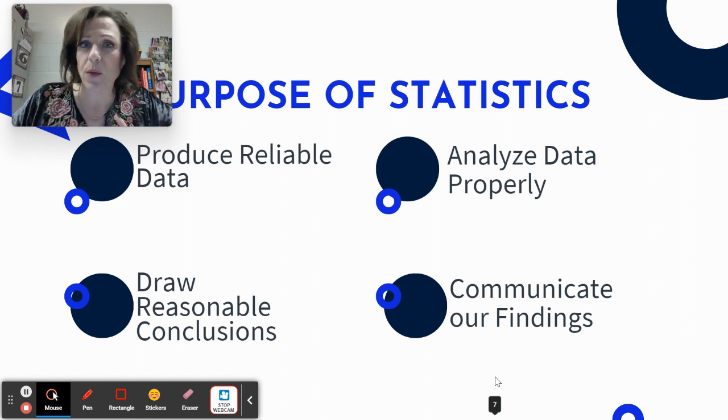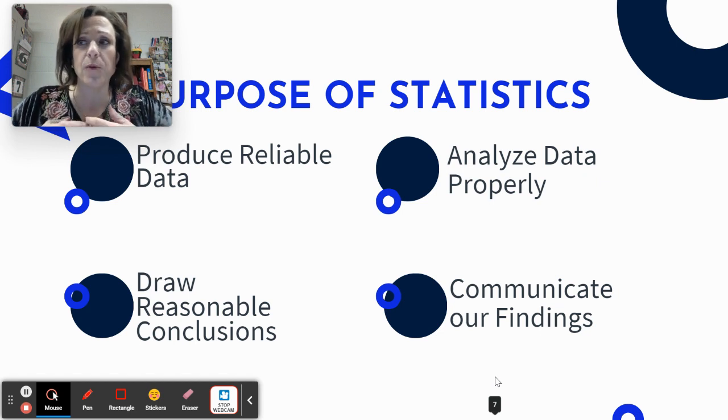We're talking about how to get the probabilities of those events. And of course, it's really important that we know what conclusions do we have the right to draw about our data? What can we say? Can we say cause and effect, or can we just say there's an association? And finally, it's really important that you can communicate your findings to the people around you.